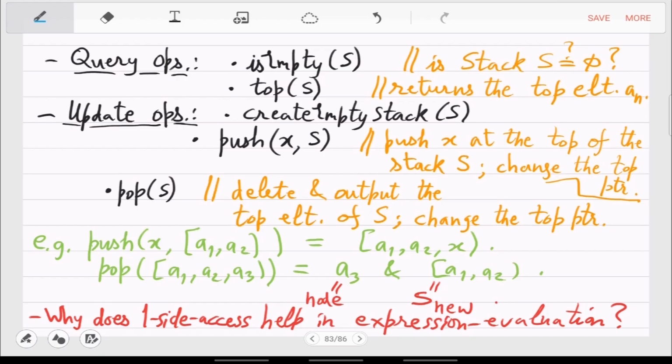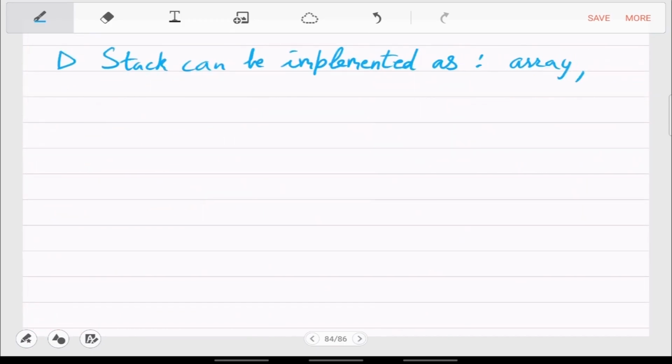If you have the head pointer, that should be the top, because you can immediately go there, read the value, or delete it and update the head to the next node. If you want to push, you just create a new node, make that the head, and let it point to the old head. So a linked list is a better and faster implementation for a stack.